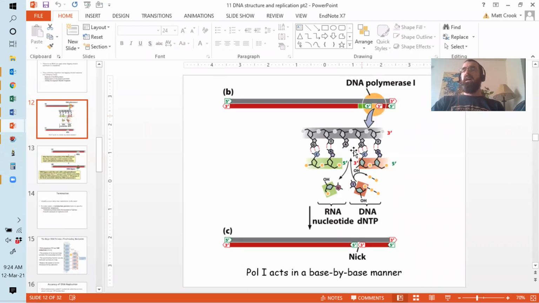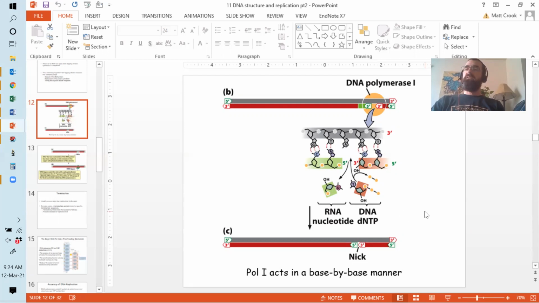Okay, so it's both a nuclease, right? It destroys DNA, or actually destroys RNA in this case. And it's also a polymerase in that it creates DNA in that space, right? Because you don't want to have a gap. It's a major problem in lots of different ways. So once that DNA polymerase 1 has done its job, it leaves a gap in the backbone,